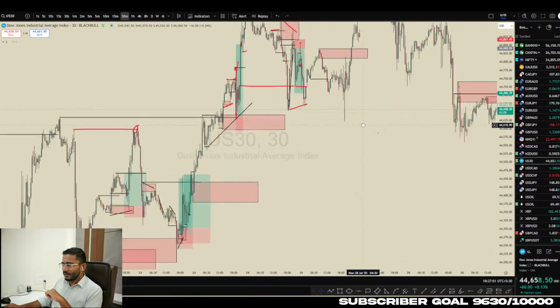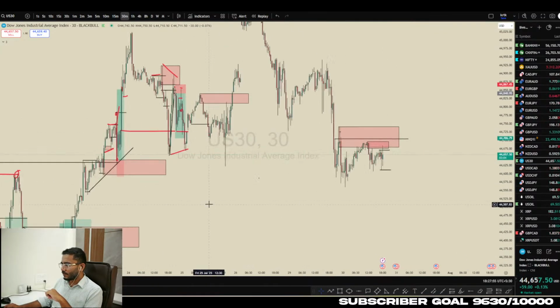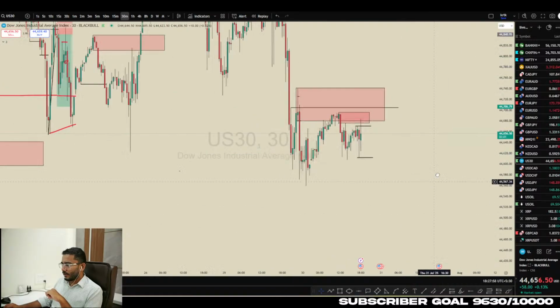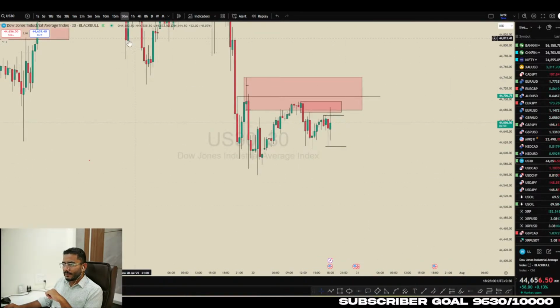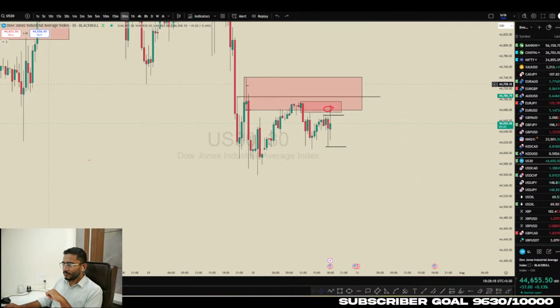Like on US30, from the start, I called out this move, this move, this one, and right now price has already mitigated this order block. So we want price to at least sweep this liquidity and then give us a breakout structure or break this previous low, and we can again look for inducement, order block, and the next low will be our target. So the simple thing is, if price sweeps the liquidity from this high side, it will automatically go to the other side.